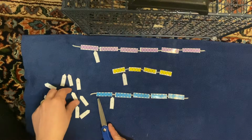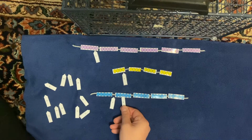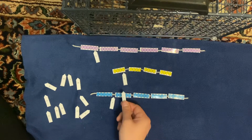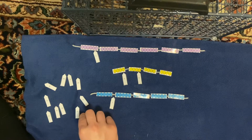You can say, okay, well, I'm going to pick 8. 1, 2, 3, 4, 5, 6, 7, 8. Remember, the multiples are at the ends of a bar, so it doesn't go here. 1, 2, 3, 4, 5, 6, 7, 8. Oh, it goes right there. What if I picked